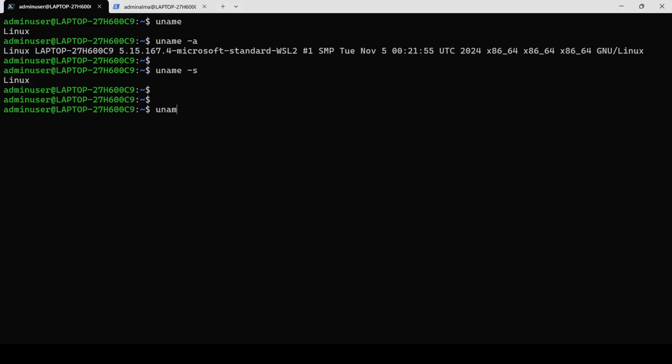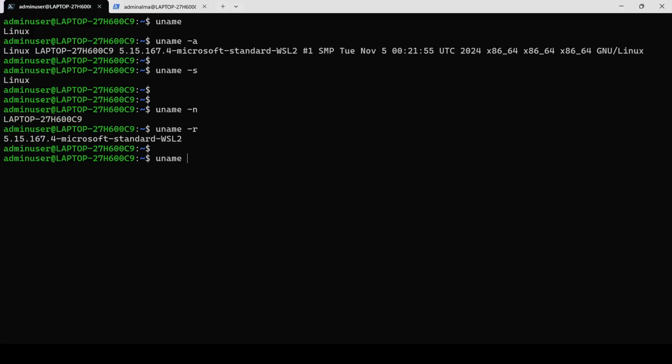Or if you want to see only the host name, then you use the option -n. Right, see, it printed the host name of this particular Linux server. In case you want to see the kernel release, -r is the option for this. Perfect. And if you want to see only the current kernel version, the option is -v. You can see the details there about the kernel version. And if you want to see the machine hardware, we have the option